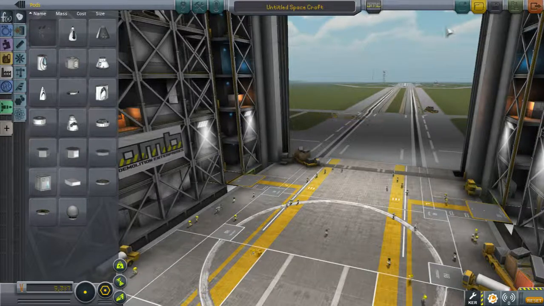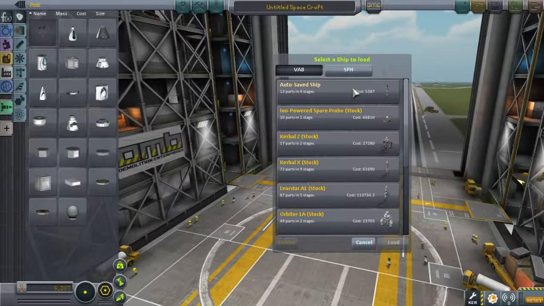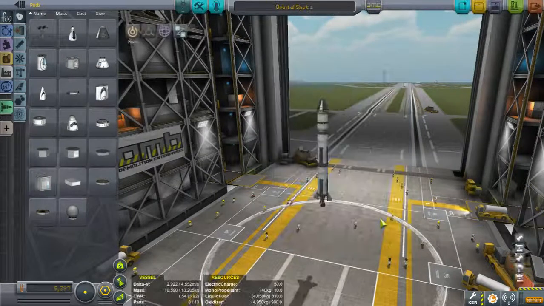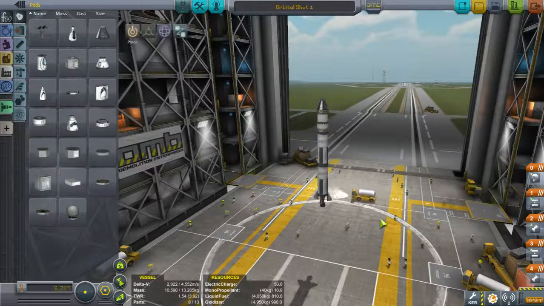So, we are back in the VAB, and we lost our rocket. It occurs to me we forgot to save it. Well, the game thought of that for us, actually. It auto-saved it for us. But every time you make a new rocket, as you might imagine,